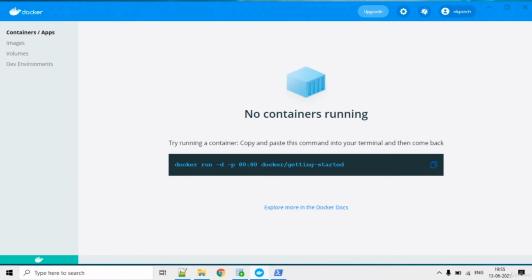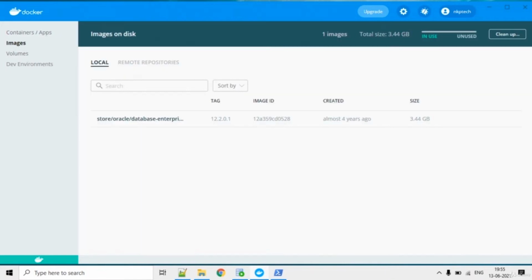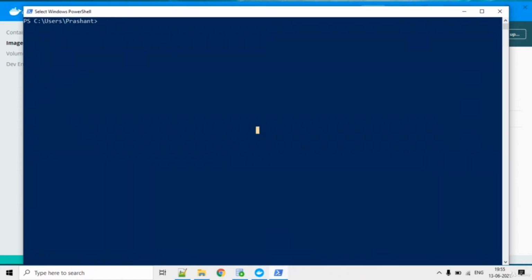Now we will create the container from the image we downloaded for Oracle Database Enterprise. To do that, we will use Windows PowerShell to run the command. We have a docker run command with the option -d, detached mode. The Docker engine runs in the background. It doesn't have any option for stdin and stdout. The -t is interactive mode, the name of the container